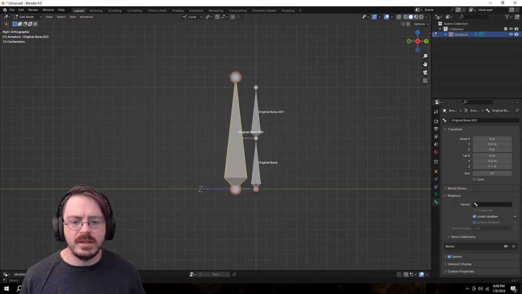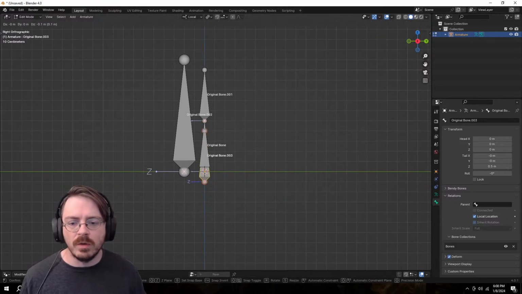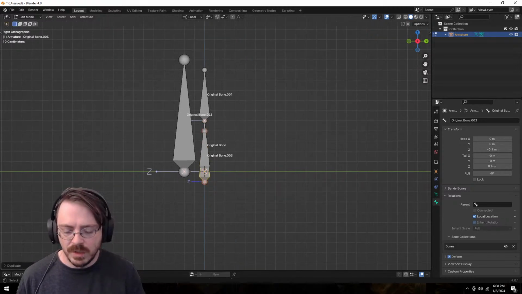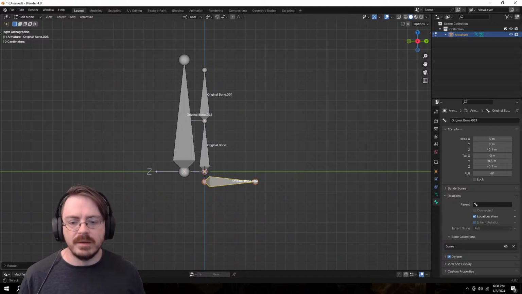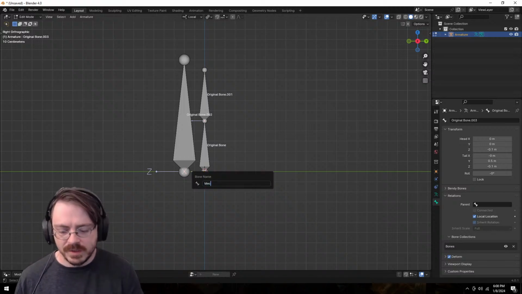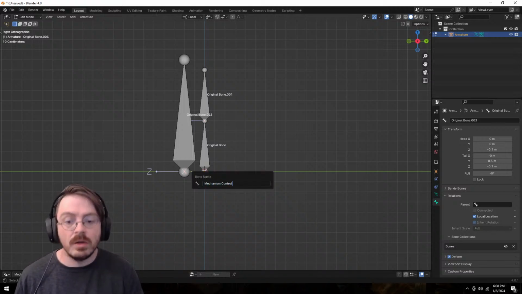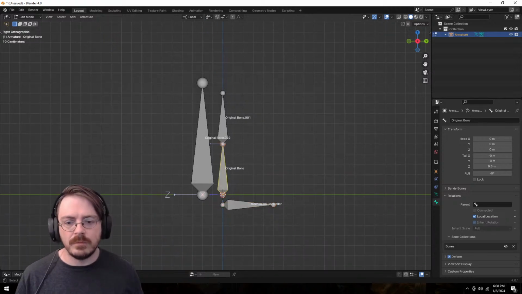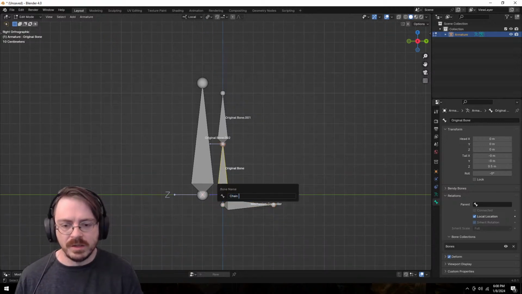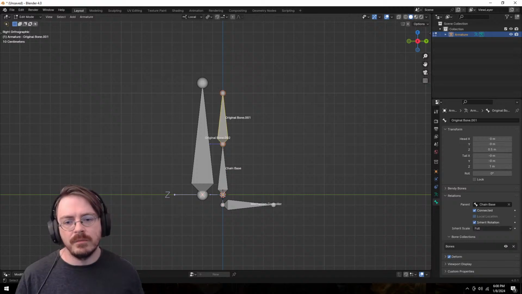And basically there are no parents in this situation here. I might actually make one more bone and I'll do R90 like this. So I'll call this mechanism controller. And I'll call this chain base.